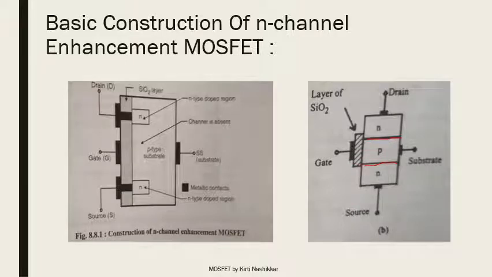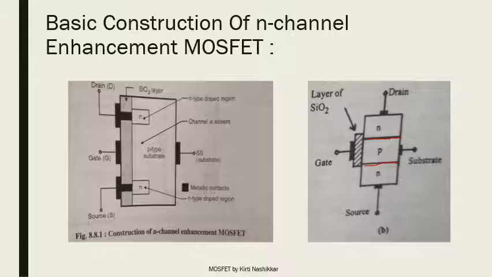Now note that if we take an n-type substrate in which we diffuse p-type source and drain, then it is called p-channel E MOSFET.